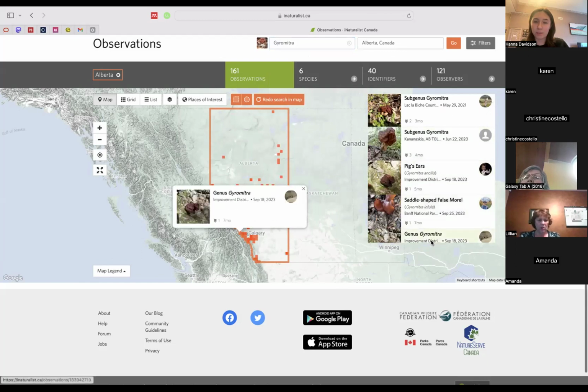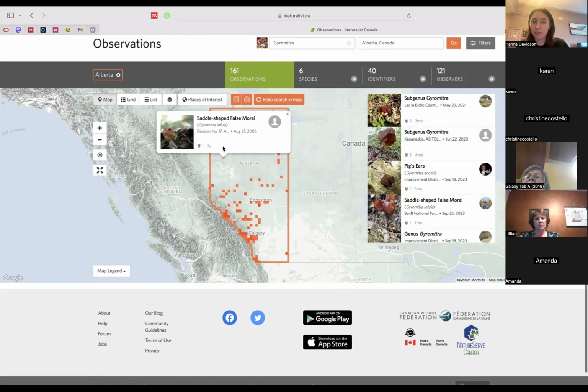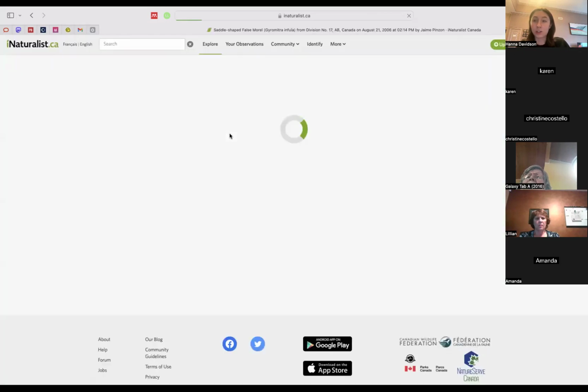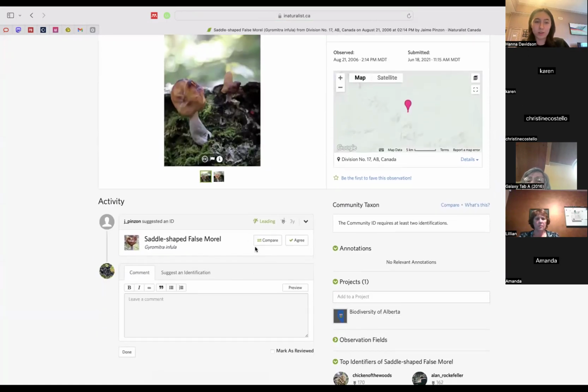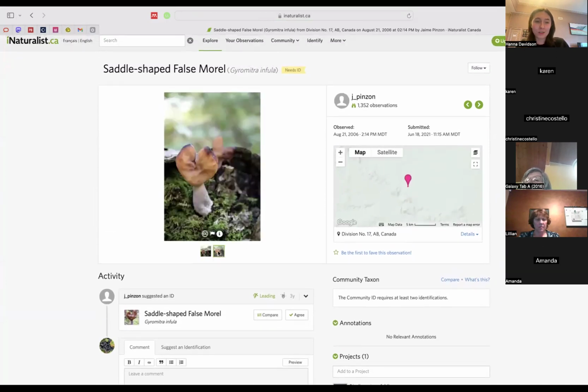As we scroll, it pops up in different places on the map. Or I could click on something specific on the map and that pops up. Let's say this was a really cool observation. I can click on it and it brings me up to this person's observation that they made way up in northern Alberta. You can see that no one has helped them. And that happens a lot. The further you are from a city or somewhere where lots of people live, they don't usually stretch their IDs too far out of their geographical area. It is what it is. You can see they posted 2 pictures, very cute, adorable, love it.